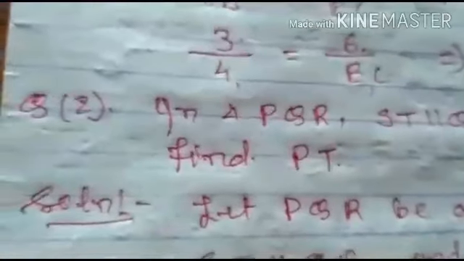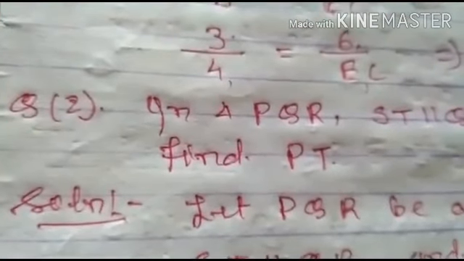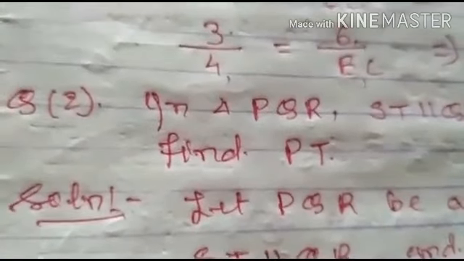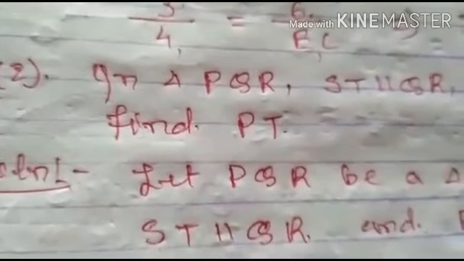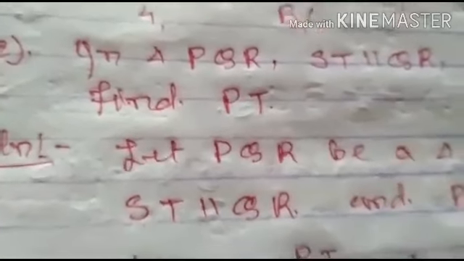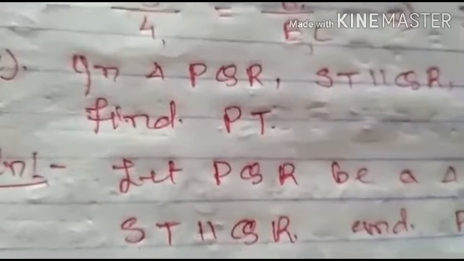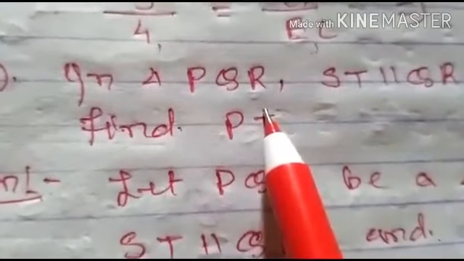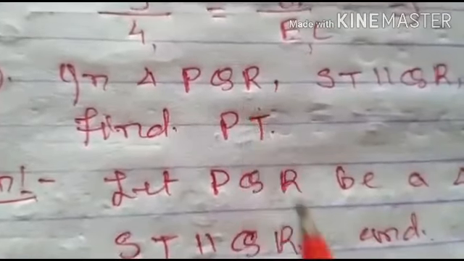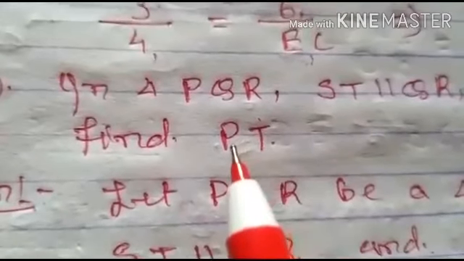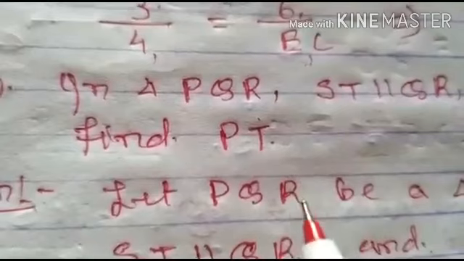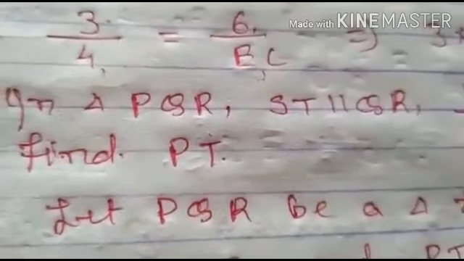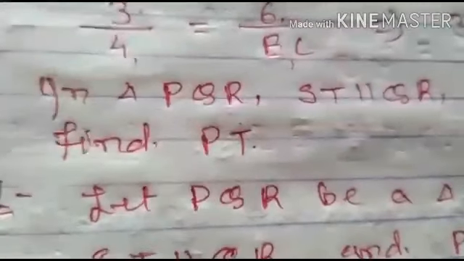Now let's take another question, question number 2, which is also of the same type. The only thing is that the form of the question is a little bit changed. The question is in triangle PQR. Again I am saying to all of you that write the question first, and thereafter you see the video or try to solve it by yourself. Otherwise you can take the help of the video.